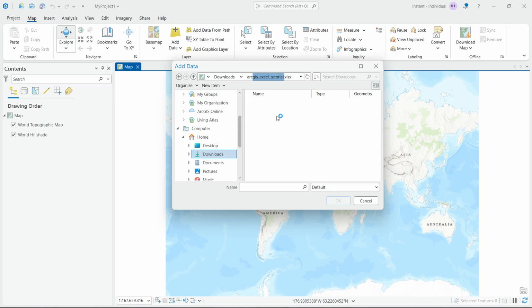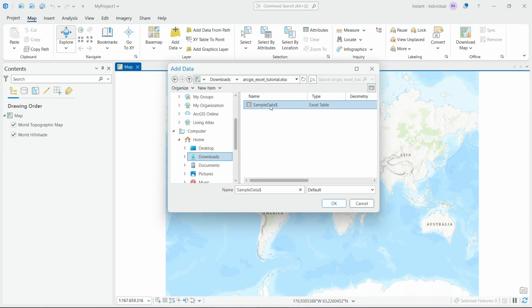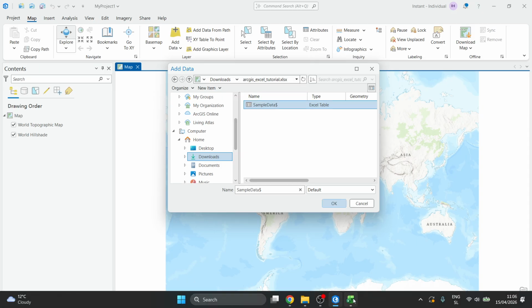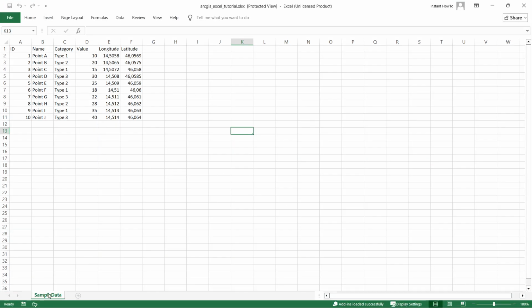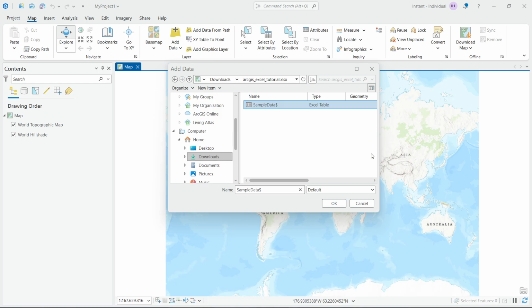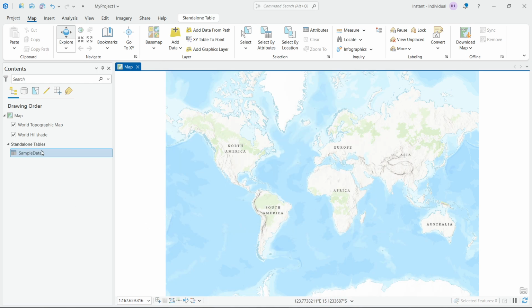Now, if you have multiple sheets, or sometimes if you have only one as well, it's going to prompt you to actually select your Excel sheet inside that document you want to put in. So as you can see here, I only have one. It's called sample data. And that's this one. There's just basically some longitude and latitude values in here, like some coordinates, okay? So of course I'm going to put that in here. You want to select the sheet you want and click on OK. Now this is going to add it over here on the left hand side,